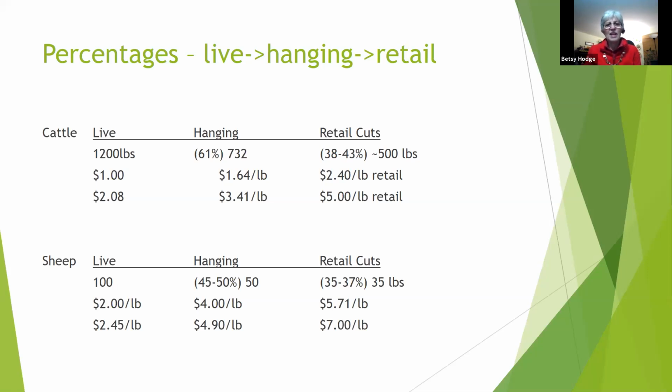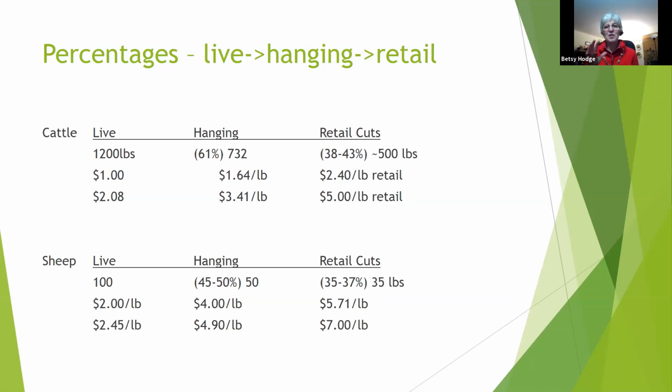I did the same thing for lambs, and a really good lamb will hang about 45 to 50%. So let's say we have a 100-pound lamb. Yeah, we're picking really easy numbers now. Hanging weight would be about 50 pounds. Sometimes they hang lambs with the head on or off, or the organs in or not, so that's going to vary a little bit. When we shipped lambs to New York City, they wanted the head on, interestingly. And the retail cuts are going to be about 30 to 35 pounds of meat, depending on how many bones you take out. Like if you make all boneless roasts, it's going to be less than that.